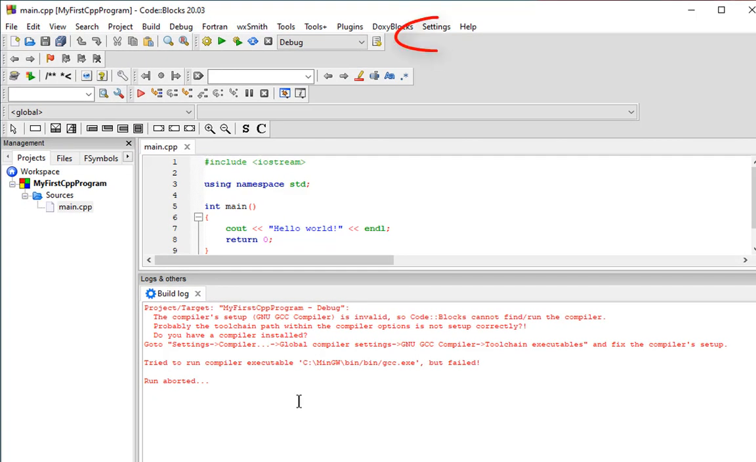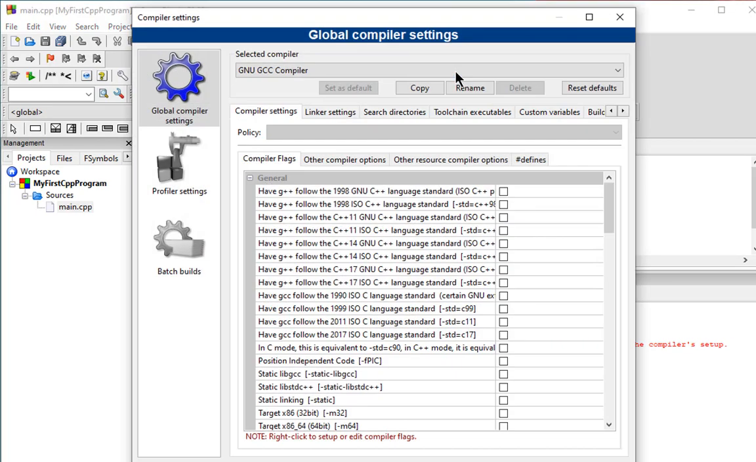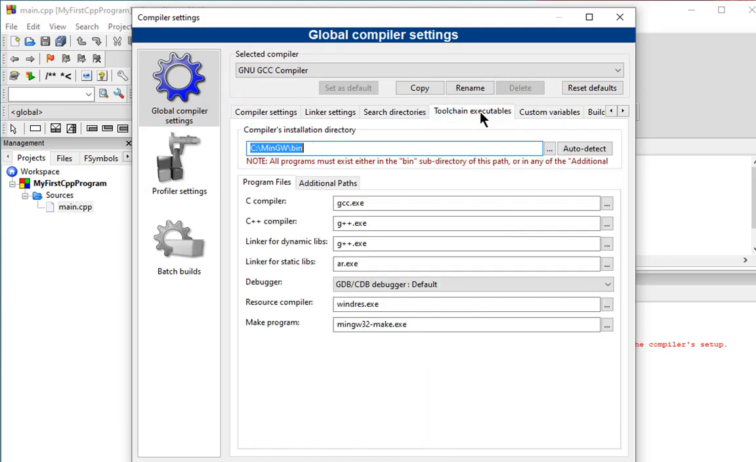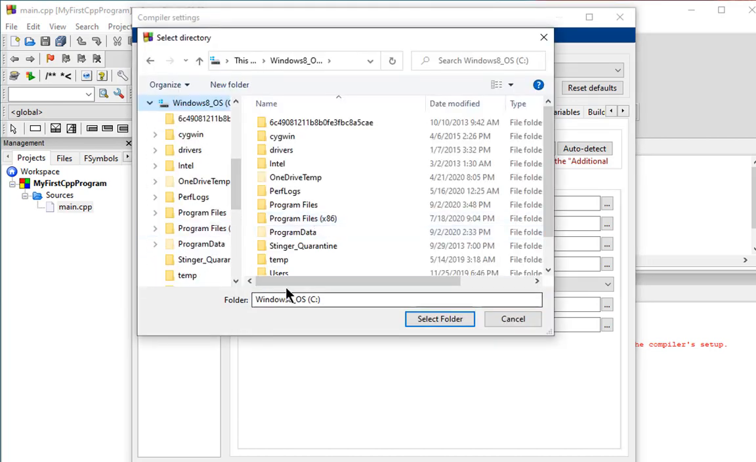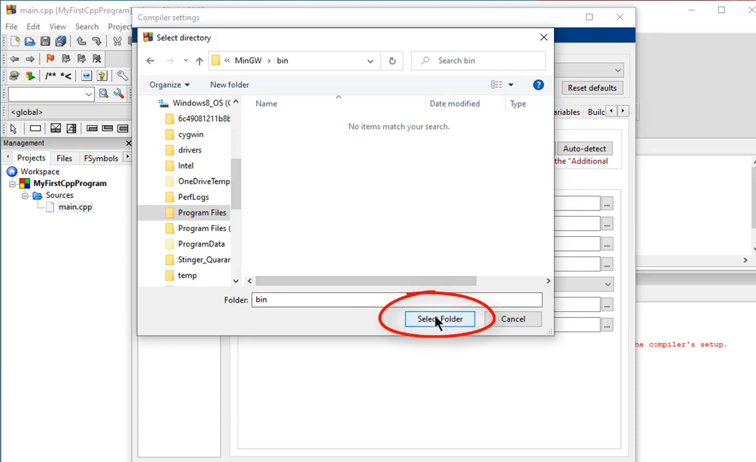Find Settings up above, select Compiler. We see it has the GNU GCC compiler, that's correct. Go to Toolchain Executables. And here's the problem. Right now, it is looking for the compiler in the wrong folder location. So we're going to change that. You can click on the Browse button, and on our C drive, under Program Files, CodeBlocks, MinGW, bin. That's where the GCC compiler resides. This is the name of the folder that you copied and pasted to install the software. Okay, say select folder